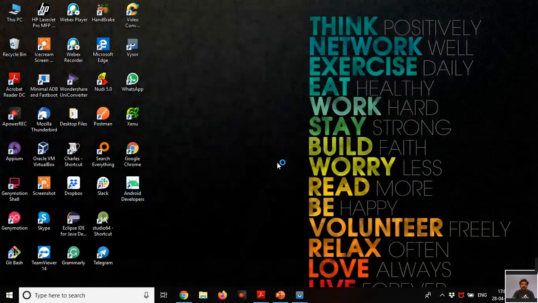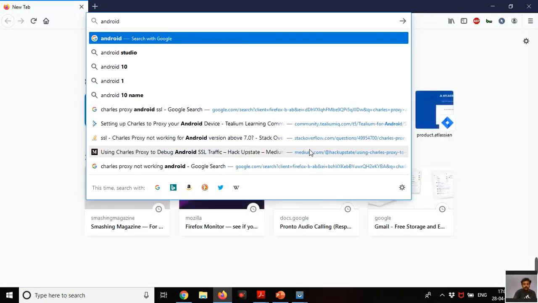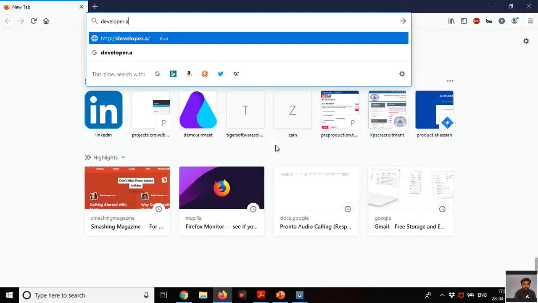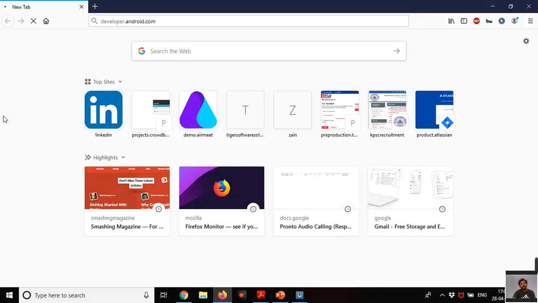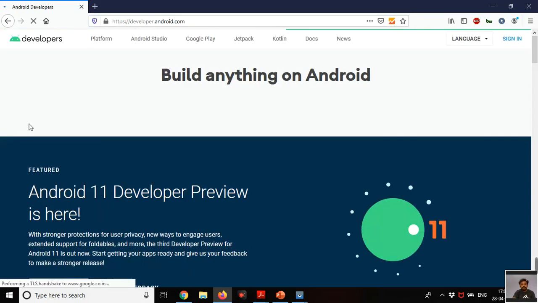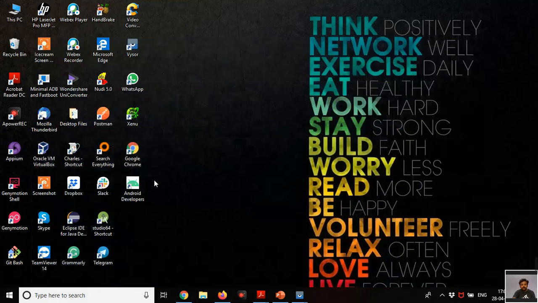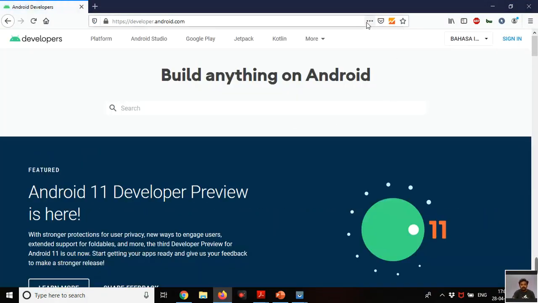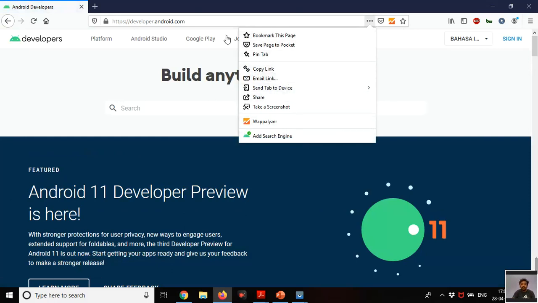But if I open Firefox and type developer.android.com, see, you won't get that plus icon.